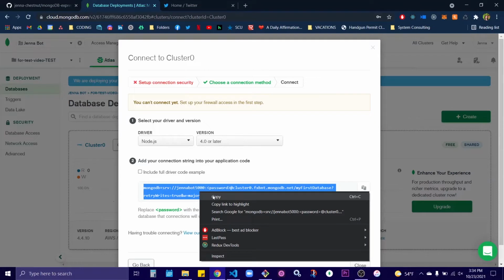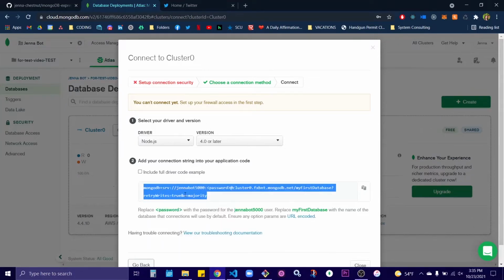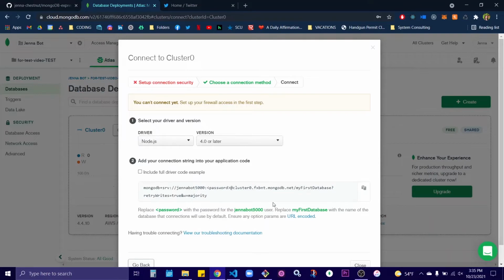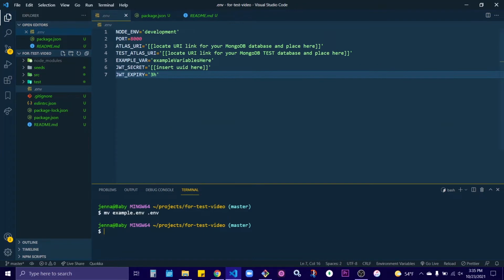So we're going to look in a second to see, but basically all we're going to need to do is change the name of this to, well, we'll just copy it, and then we're gonna edit it in our application here. So in the .env file, this one is the test one, so I'm just going to copy and paste this in here. And I already see Genabot 5000. For the password, we're going to put fake password 123. And then for my first database, we are going to put